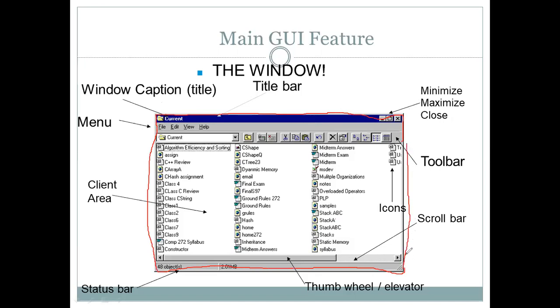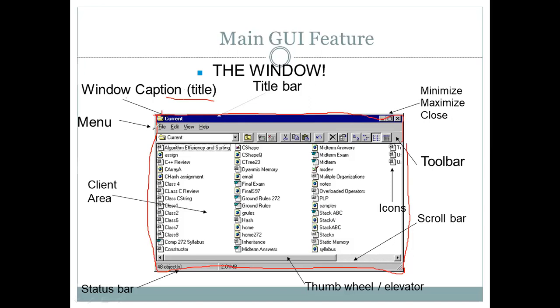Now these windows have different fields. Let us understand one by one. This very first field is called Windows caption or Windows title. The dialog box that appears at the topmost part, which is given as a name, is called Windows caption or title of the window.